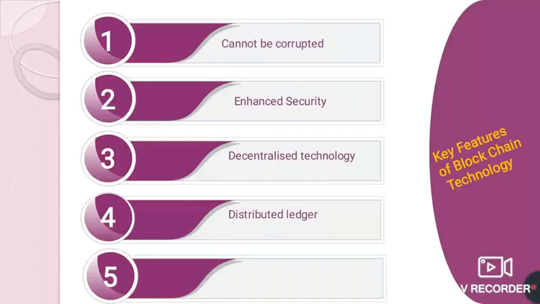Distributed ledger, as we all know, is distributed in the sense that every transaction can be visible to each and every user participating in the network, and hence there is no chance of malicious changes. The last key feature of blockchain technology is consensus. It is a set of rules or protocols that helps a network make decisions.